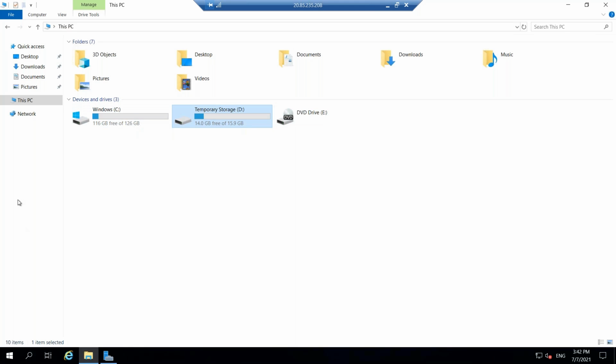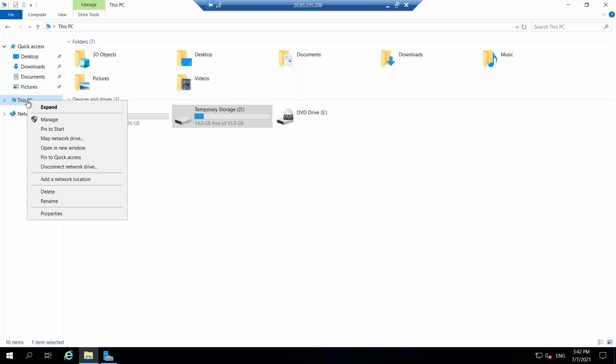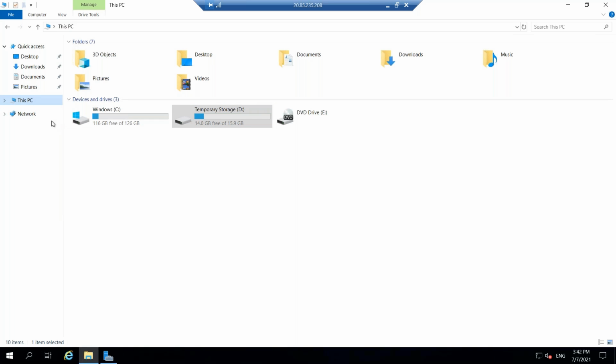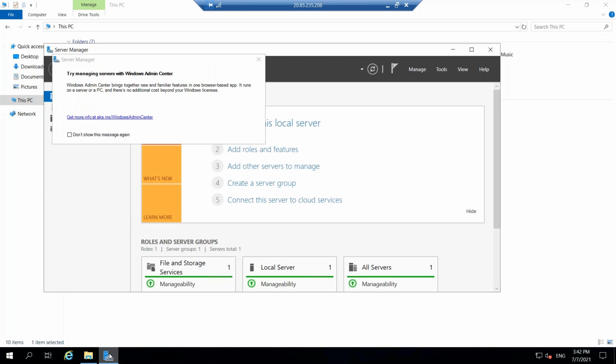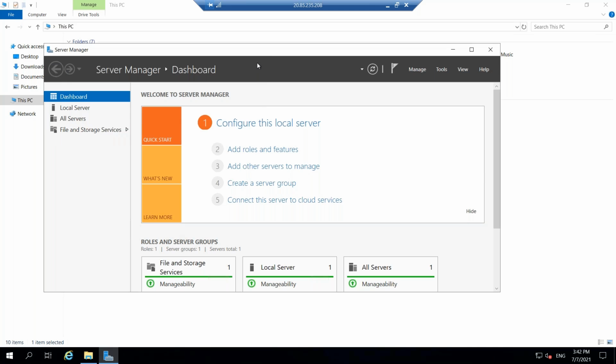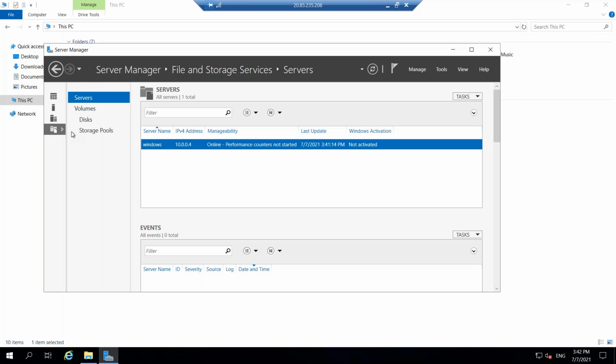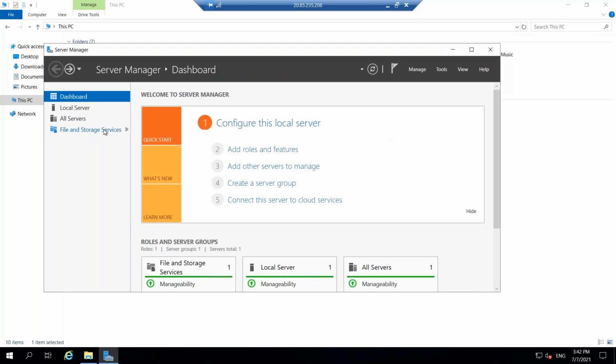How will you get it? You have to right click on My PC and click on manage. Here I have selected files and storage services.